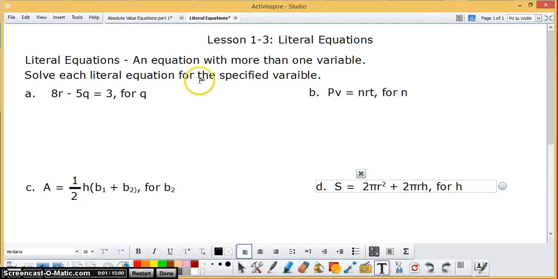Okay, so in the last video we talked about solving regular equations with one variable. Today we're going to talk about solving literal equations, which are equations with more than one variable. So in our examples we want to solve each of our equations